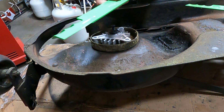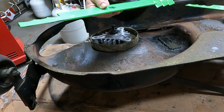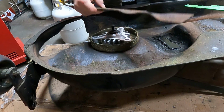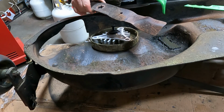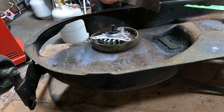Okay, so I picked up these blades here. I only mulch. I never bag or anything. So the old blades, well, it's a thinner material and it's like a high lift blade. Like the air, it really wants to suck the air up. This one's sort of toned down a little bit. It's just a much different